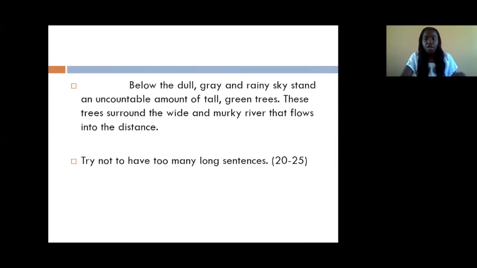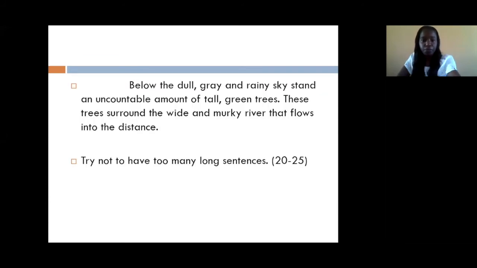Okay, so do you notice what he did? First of all, he looked at the scene. He didn't allow it to overwhelm him. He chose three to four things that he wanted to describe. He selected the trees, the sky, the water, okay? And then when he did his selection, he actually chose three descriptive words, or three things that he wanted to